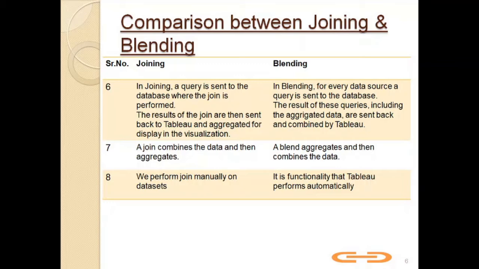That means in joining, a join combines the data and then aggregates it, whereas in blending, a blend aggregates and then combines the data. In joining, we perform the join manually on datasets, whereas in blending, it is a functionality that Tableau performs automatically.